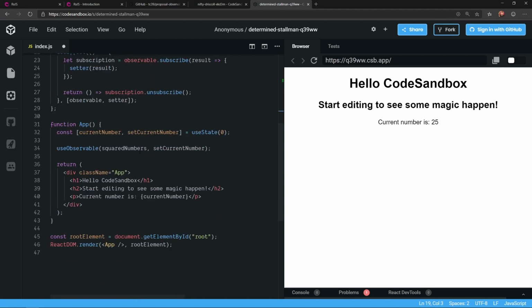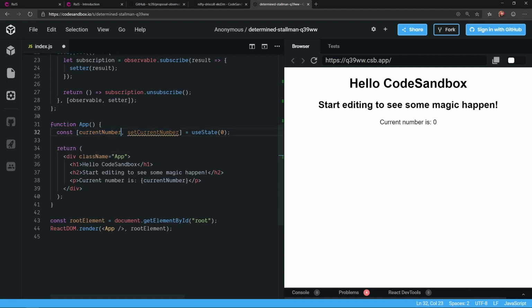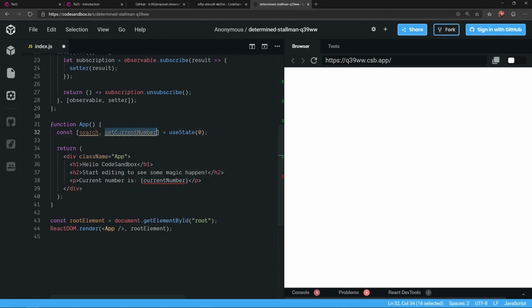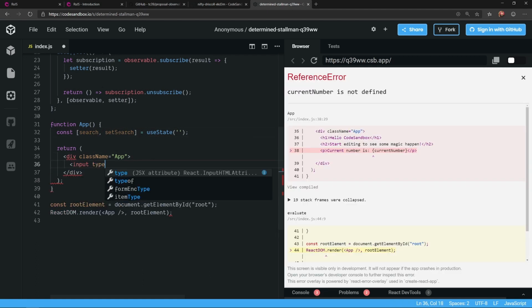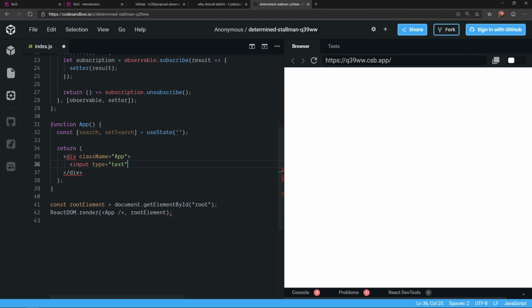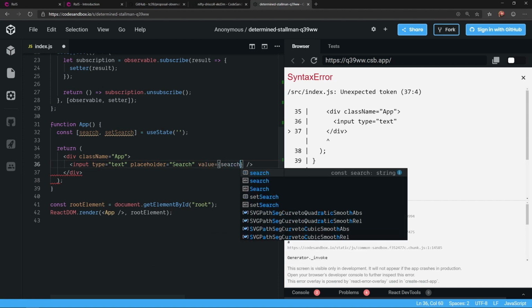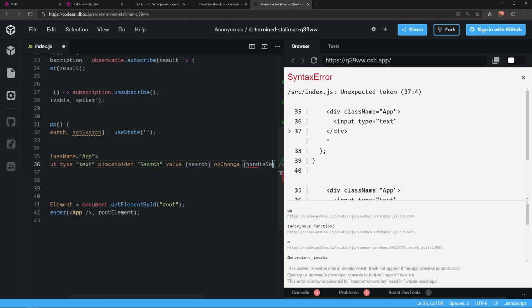Now, here's the thing. Let's implement the search first, right? So let's, I guess we can just kill that because we're not going to be using it anymore, right? So we're going to have search, and we're going to have set search, right? So this is going to be our input, and in this case, I'm just going to create input type text, placeholder search, and then we're going to have value search, and onChange is going to be handleSearchChange,